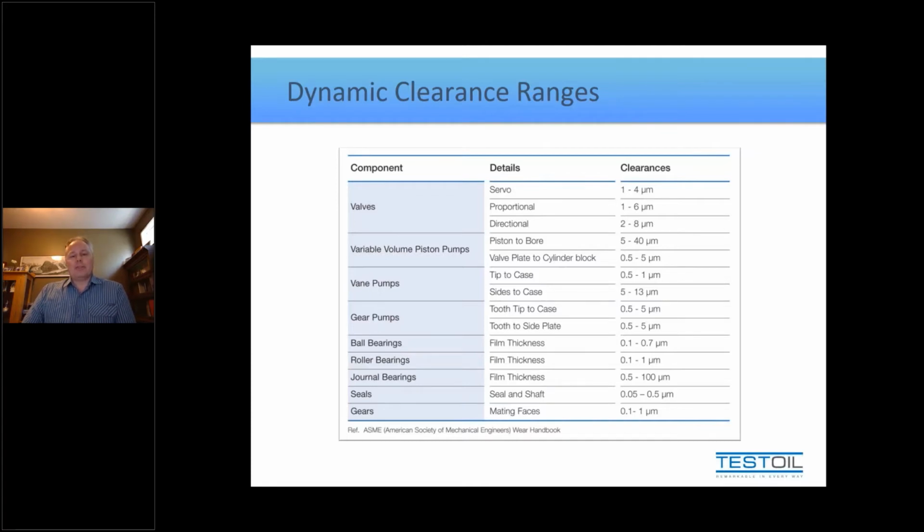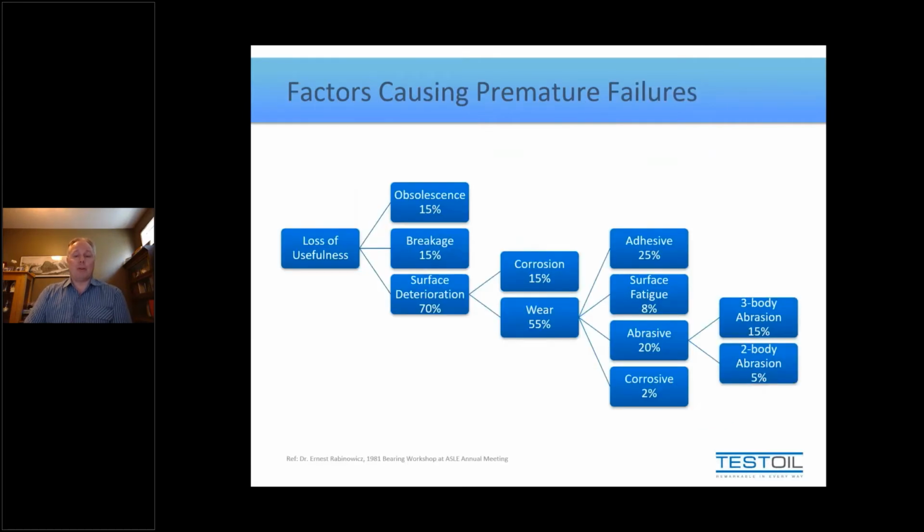Now, just to show you another quick study, interesting to help us appreciate why we worry about small particles so much. This is a study by Dr. Rabinowitz, who's known for doing quite a few studies in the field of friction and wear and how much they cost us or cause us to lose. This study was focused primarily on failures. Now, he didn't choose the word failure to represent this. He just called it a loss of usefulness, which is kind of along the lines of the Nolan and Heap definitions of failures. It simply means it doesn't work the way you want it to work.